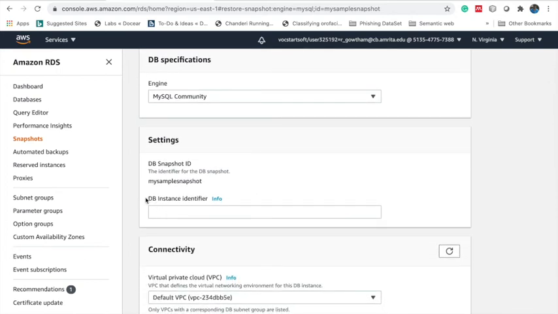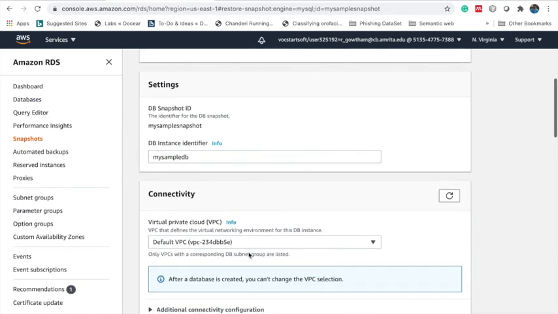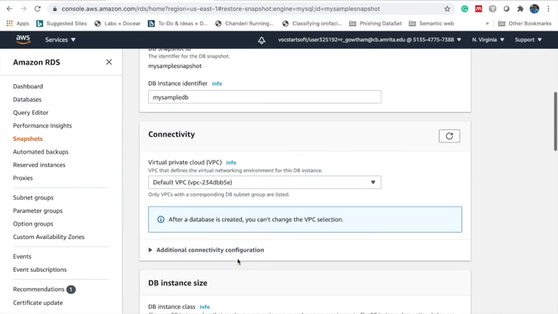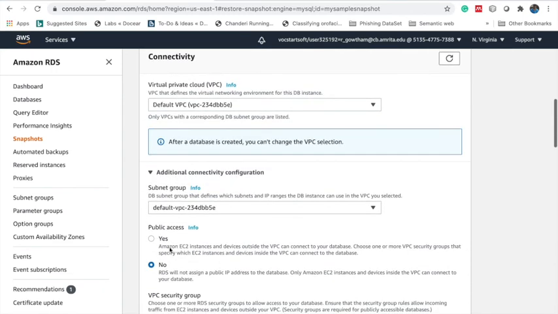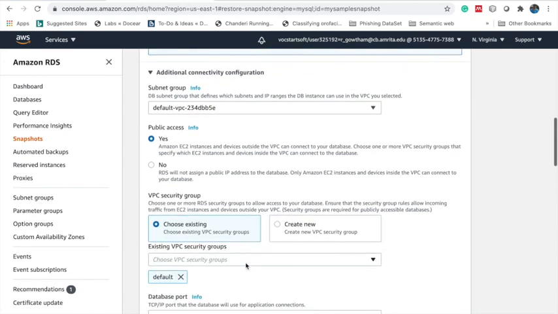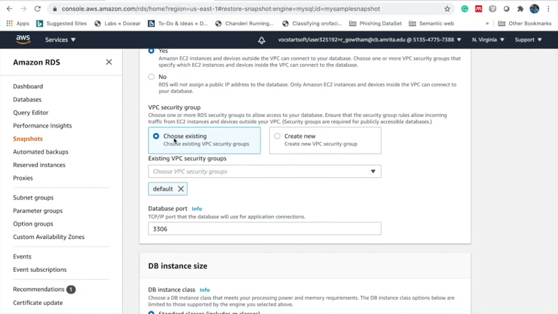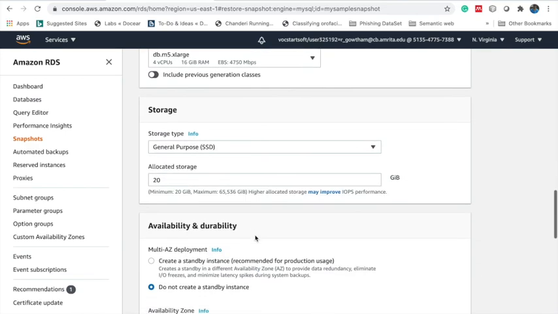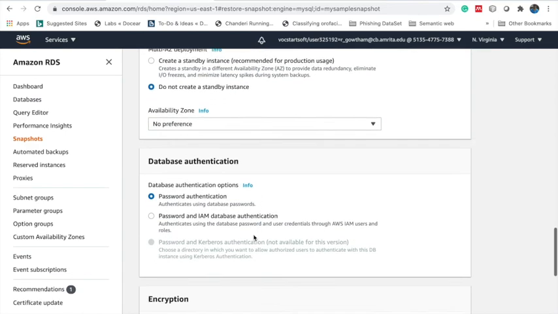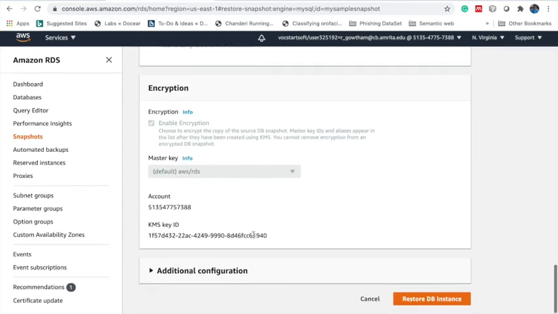So you have to specify the DB instance identifier. I'm going to specify my sample DB, and for connectivity I'm going to take the default VPC, and click on additional connectivity configuration and select public access, and the default security group, and all remaining settings I'm going to leave as default options.